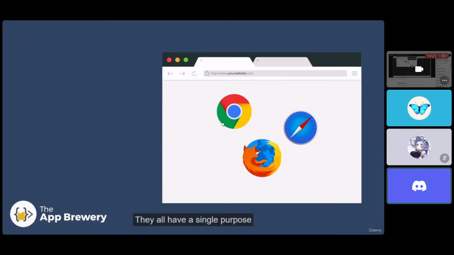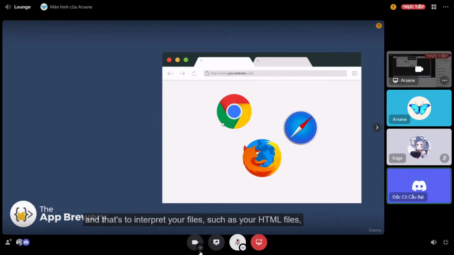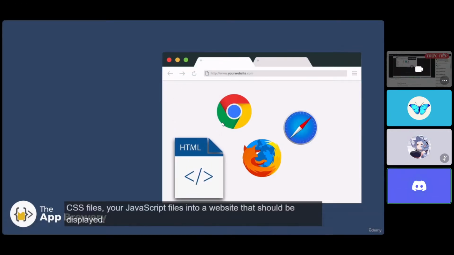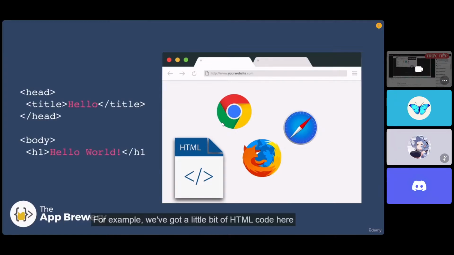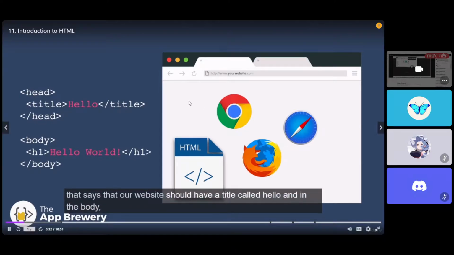Ok, chạy. They all have a single purpose, and that's to interpret your files, such as your HTML files, your CSS files, your JavaScript files, into a website that should be displayed. For example, we've got a little bit of HTML code here that says that our website should have a title